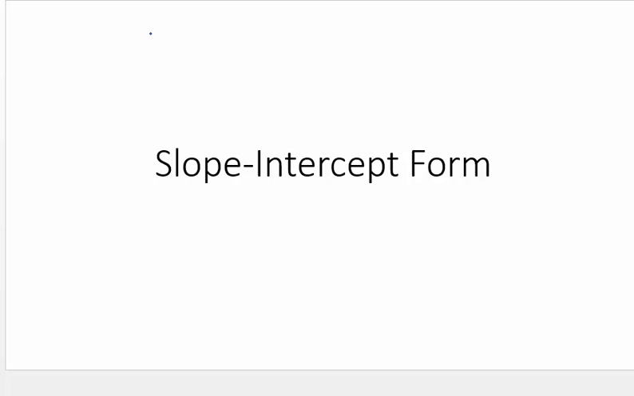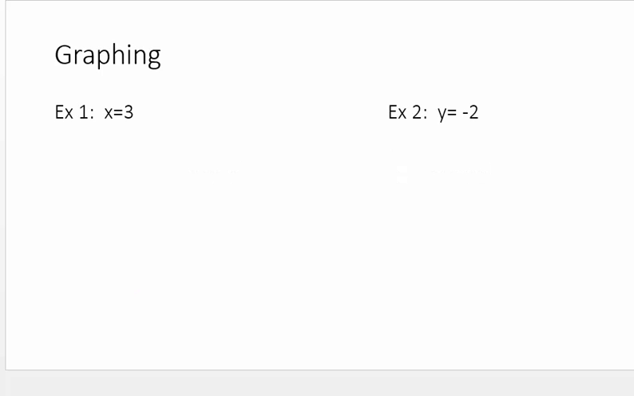This video is about the slope-intercept form and practicing that, as well as a little bit of graphing, just a smidge. So here we go. Here's a little bit of graphing. So you need to remember some things about slopes. Okay, you remember a positive slope